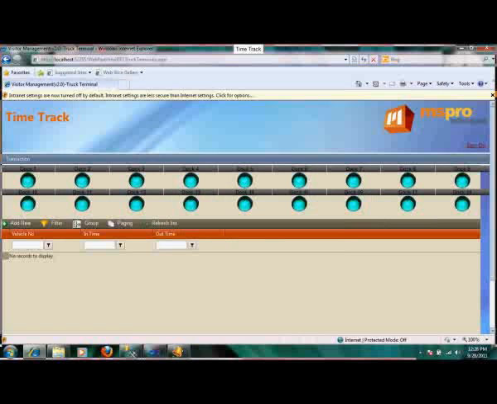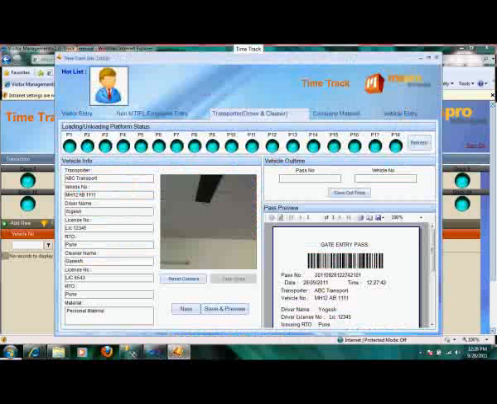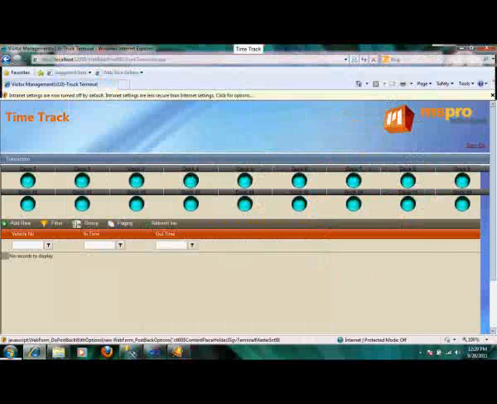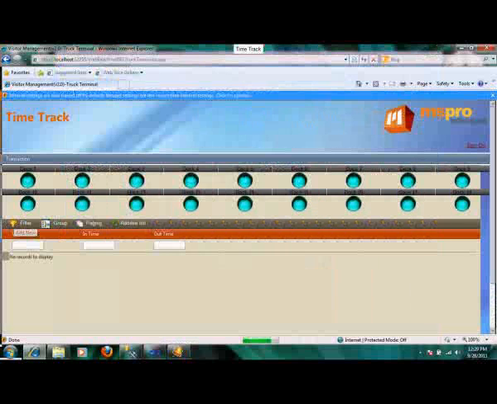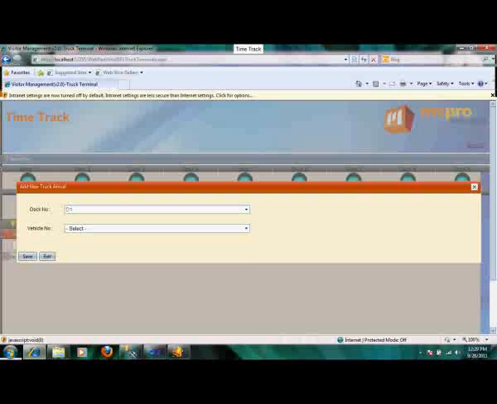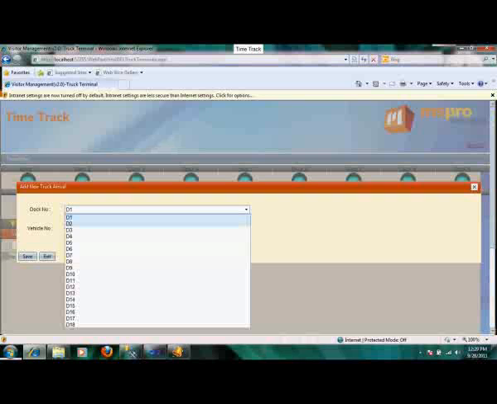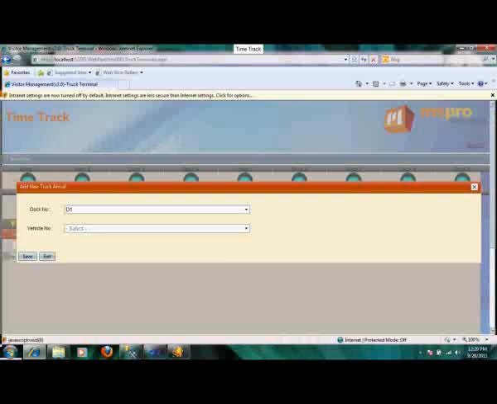Now in this case, let's enter the vehicle at the web portal, let's record it on platform 1 or dock 1. In the portal, if you click on add new, then the new vehicle can be entered by the person working on the dock.